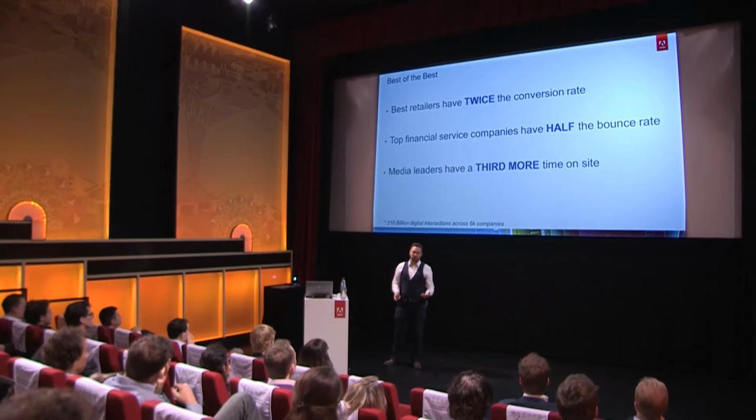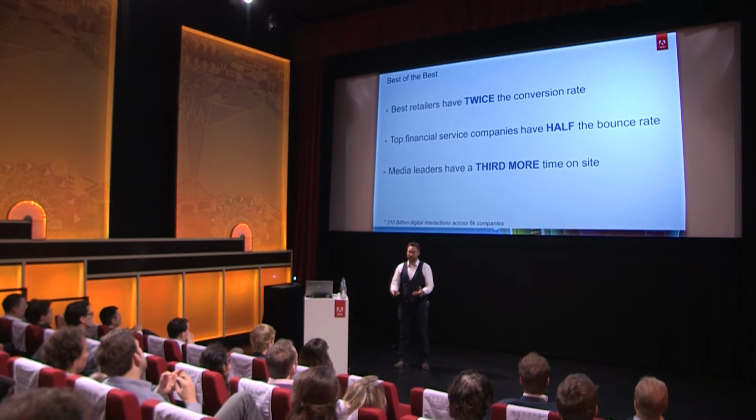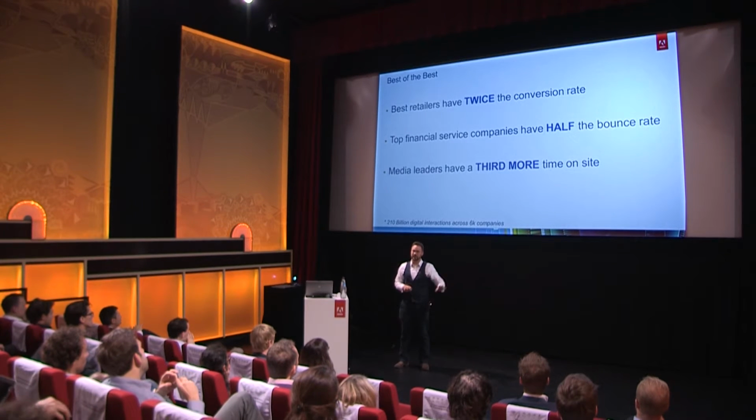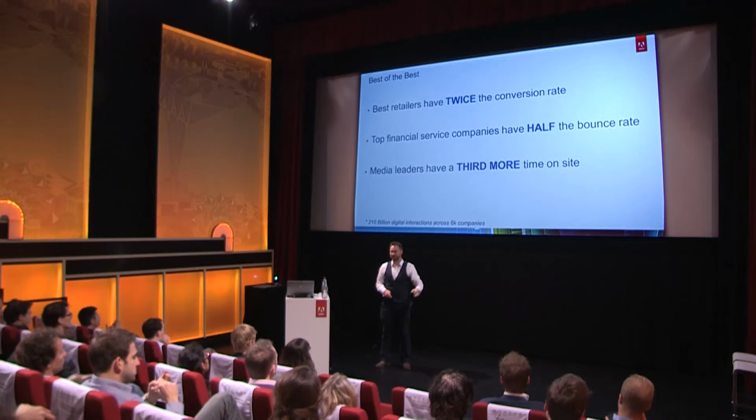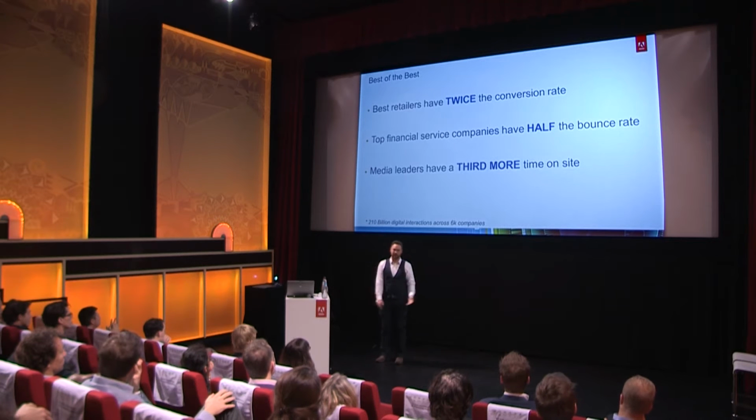And for the few customers we have that look beyond the campaign and keyword reports into the actual audience segments and the way it needs to be customized for them, they don't have just a minor bump in improvement. They don't just barely edge out their competition, but they dominate their industries. For example, in retail, they have twice the conversion rate. We're not just talking about going from 2 to 3, but from 3 to 6, and that's a significant amount of revenue.